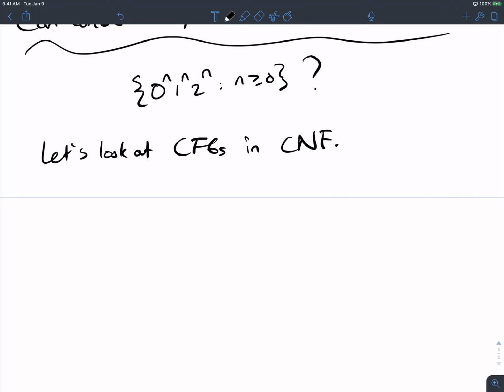And what did we do with DFAs when we wanted that long string to repeat a state? Well, for CFGs, we don't have states anymore, right? Or at all. So there's no state here to consider repeating. But do we have something that can repeat with a grammar?